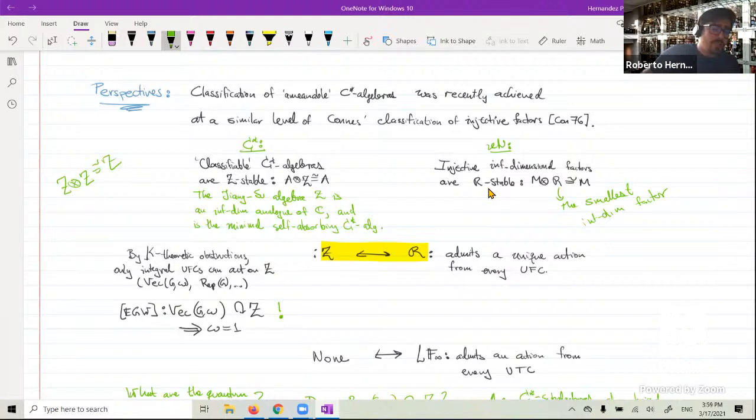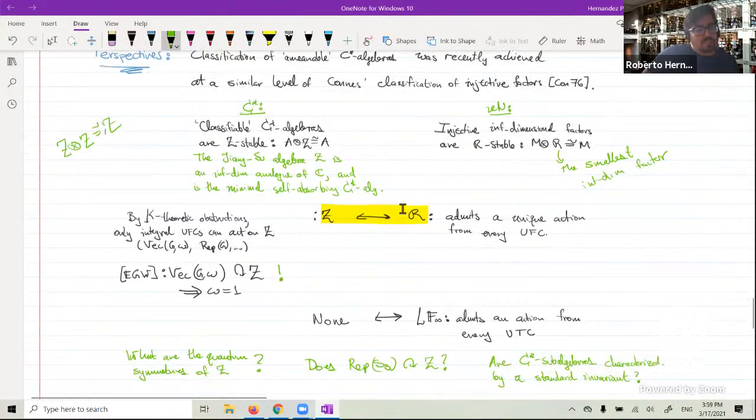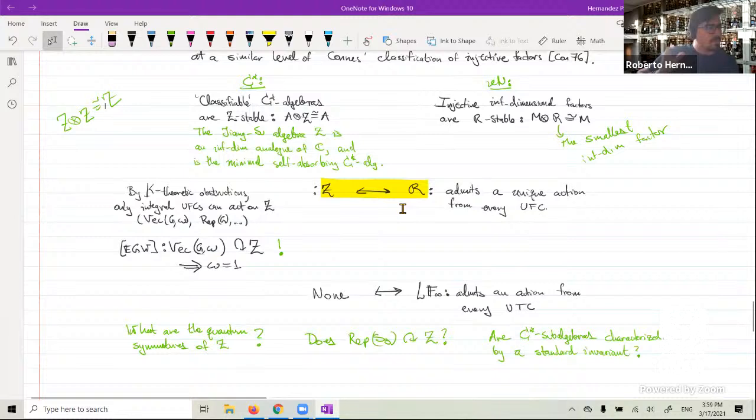So what I'm trying to convey here is that there is an analog of R in both classification programs, which is the Jiang-Su algebra. And of course, R is somewhat well understood from the perspective of quantum symmetries. However, the story with the Jiang-Su algebra is completely different, right? Again, K-theory comes in the way in the form of obstructions. So since the K-theory of this guy is very poor as compared to the K-theory of the hyperfinite factor,